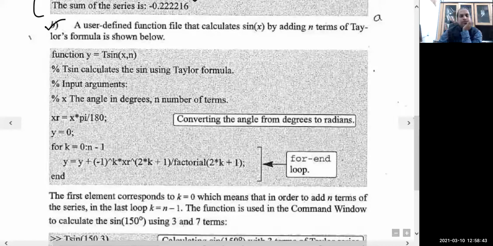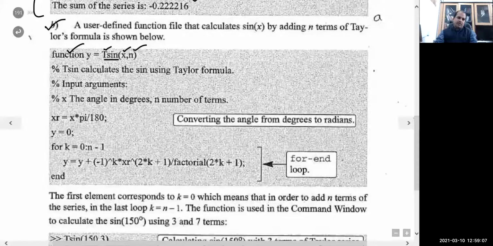Since we need to compute a function file, the first line should be the declaration of the function. In that, we need 2 inputs, x and n, function y equal to, and we need to name the file tsine. Basically, T is used for Taylor. So for our convenience, we have given this function name as tsine x.